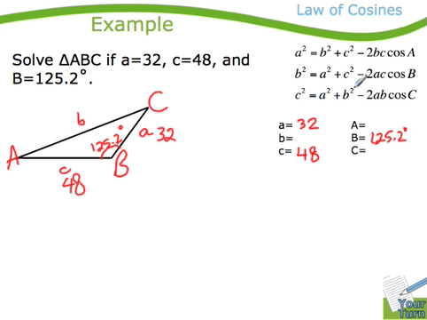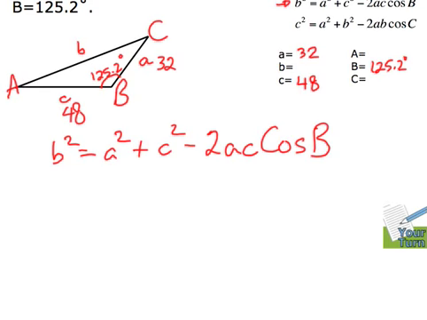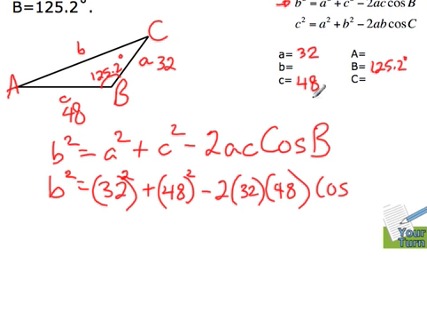Well, I have to pick a side that I want to find. If I know this angle, it makes sense that I go after that side there. So let's use the formula that is searching for b. Okay, so b squared is equal to a squared plus c squared minus 2ac, I just practiced this one, cos B. Okay, now we'll plug some numbers in. So b squared, I don't know b, is equal to a squared, so it's 32 squared, I should have that in brackets, plus c squared, that's 48 squared, minus 2 times a times c times the cosine of B, which is